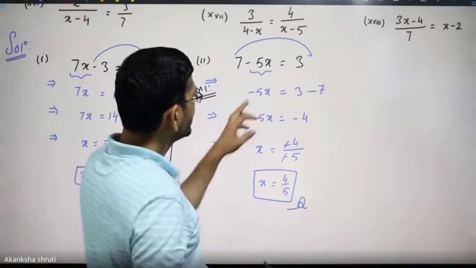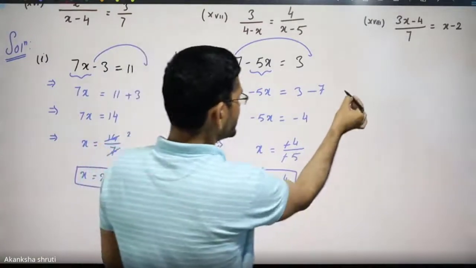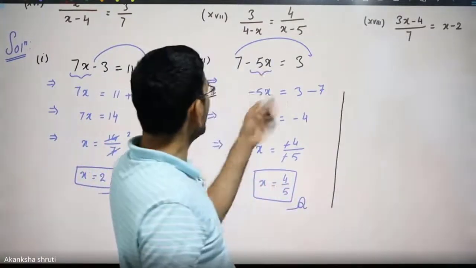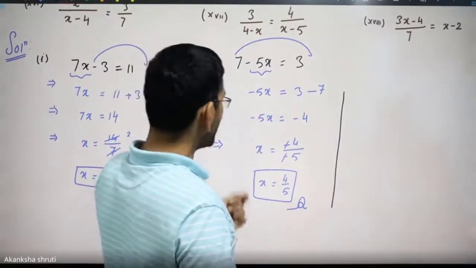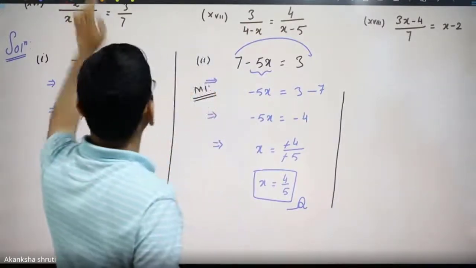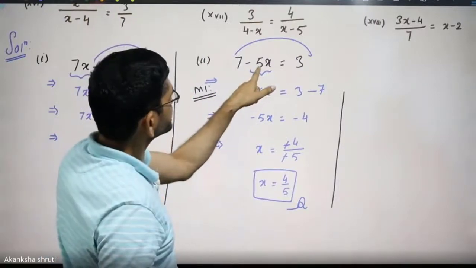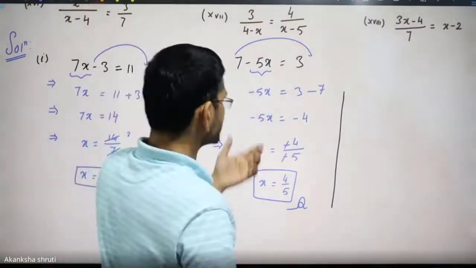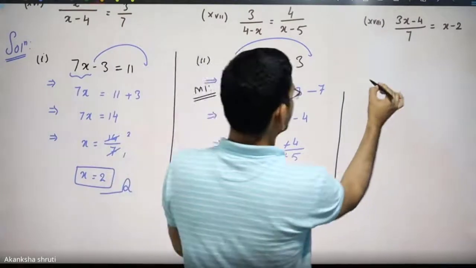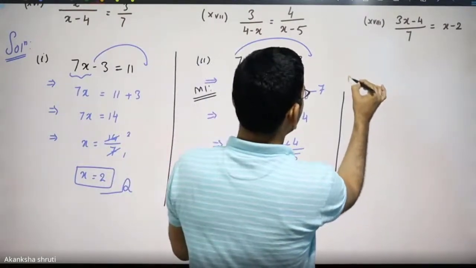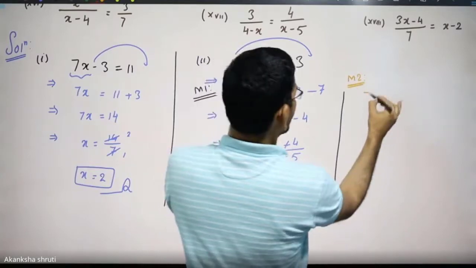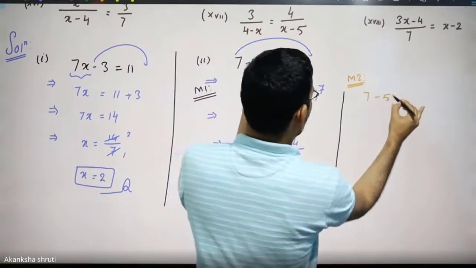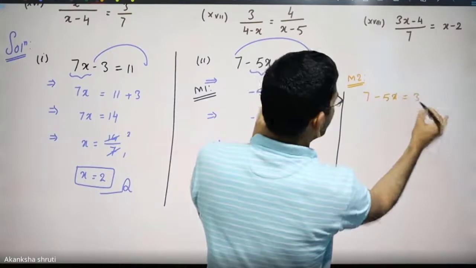Here we have kept this x as it is along with this sign. But the same thing may be solved by bringing this x on the other side. That will also not change the result. Student, if you are applying this method, it is equally correct. Say, if we have 7 minus 5x is equals to 3.